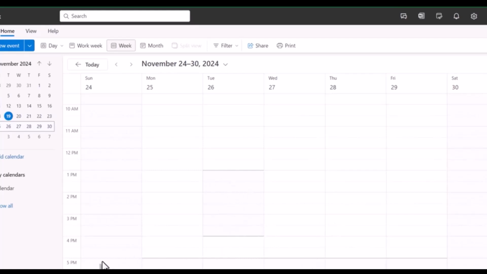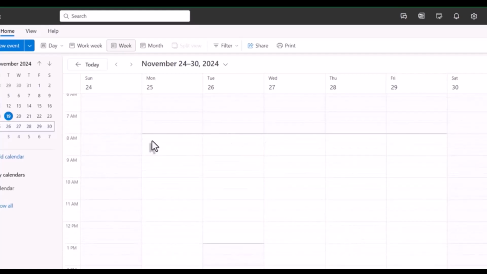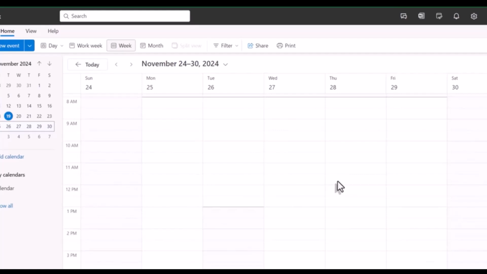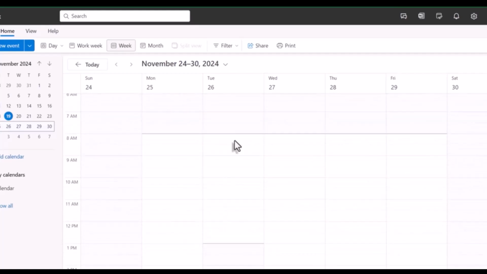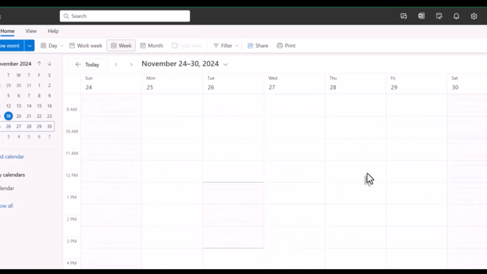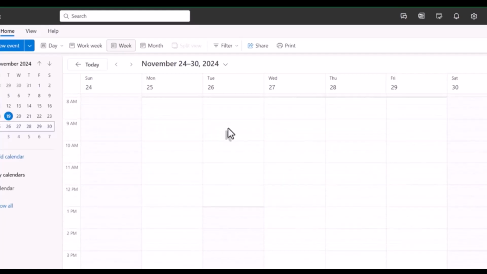And then you'll see that it will cut off at the time that I selected, which was 5 in this case, and start at 8 a.m., which is what I selected. And so that will be whichever you select on your calendar. And so now your availability will show with it being white, and then all unavailability will be shown as slightly grayed out. So now meetings that you have will fill up this white space, and any of the white space that's not with a meeting will show up as available to be scheduled for other people, which is very helpful when scheduling meetings.